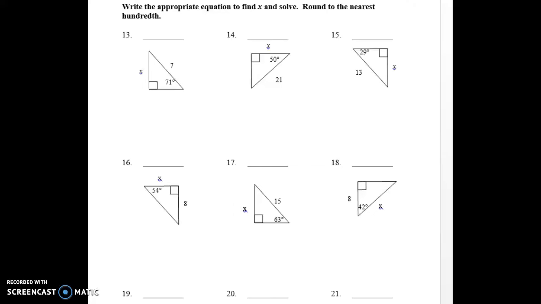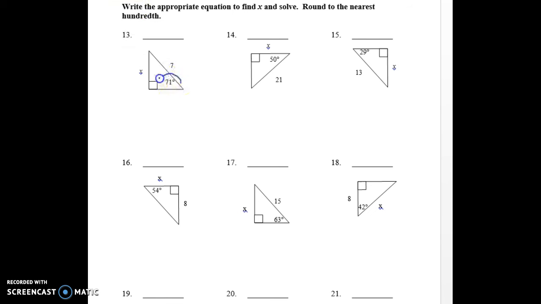Okay, I wanted to do a quick video to go over a few of these examples, just so that if you're at home on your own and you're still a little bit confused, hopefully this will help you out. So remember that the very first thing you always need to do